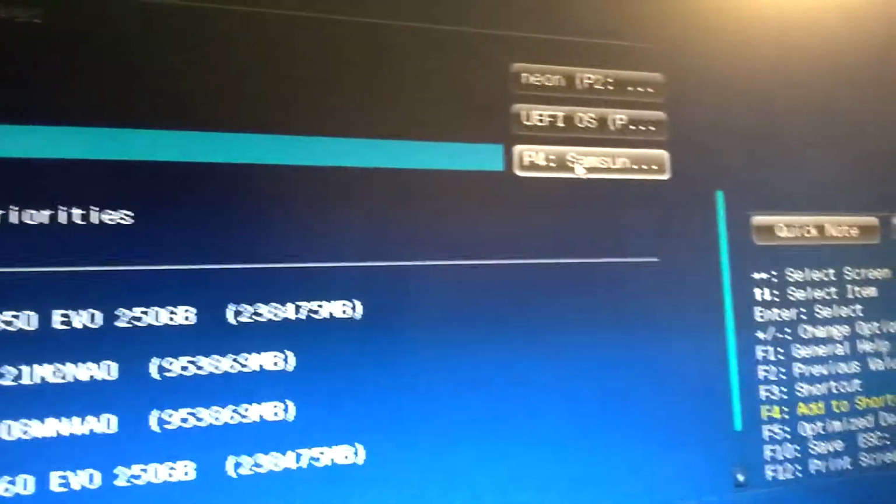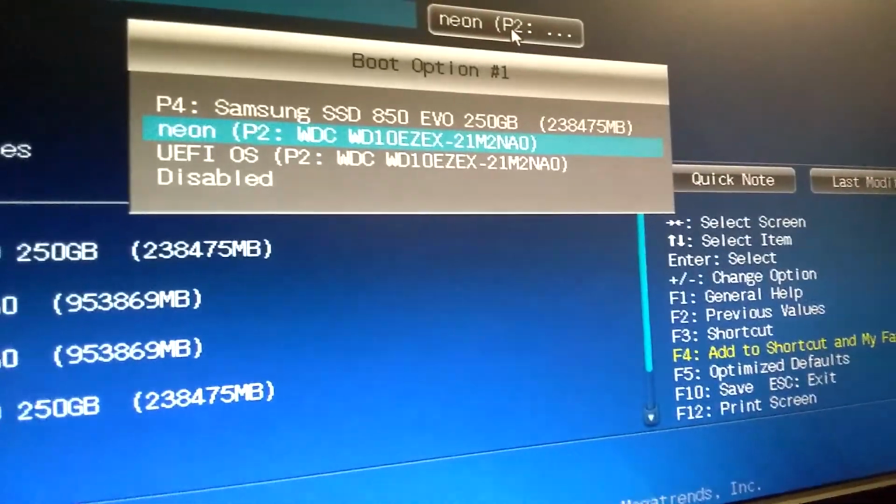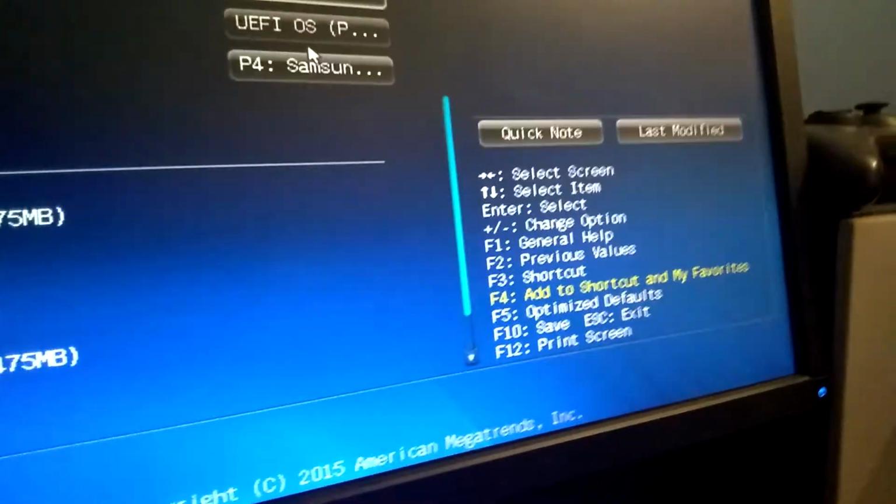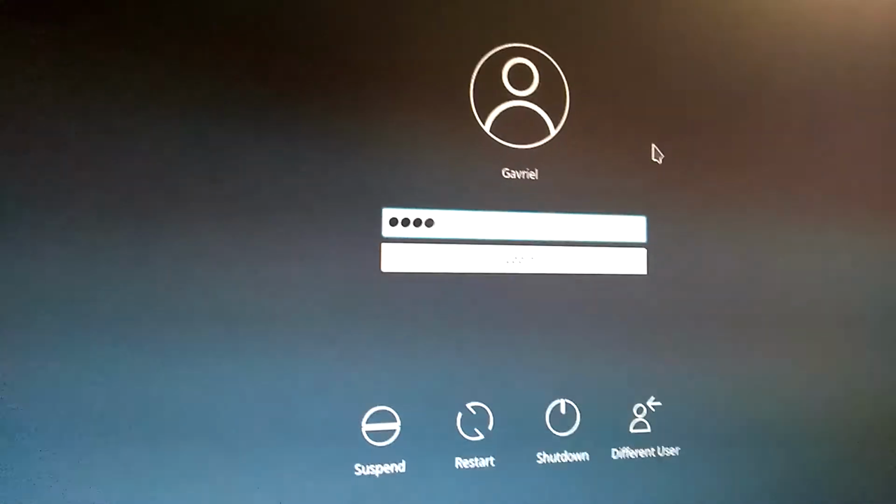drives. So boot option, actually have here Neon P2, and okay, so it automatically sets settings, and okay, so this is pretty complicated, but hopefully now it works. As you can see, it's booting in, and there we go. Now I just need to figure everything out, and hopefully I can manage to get things